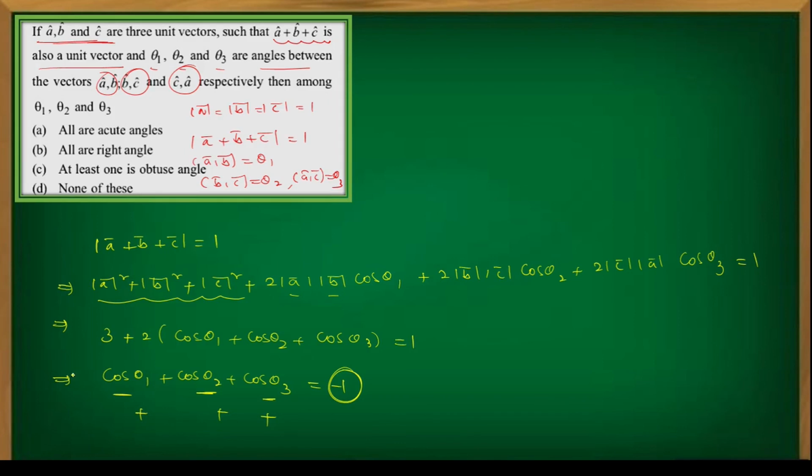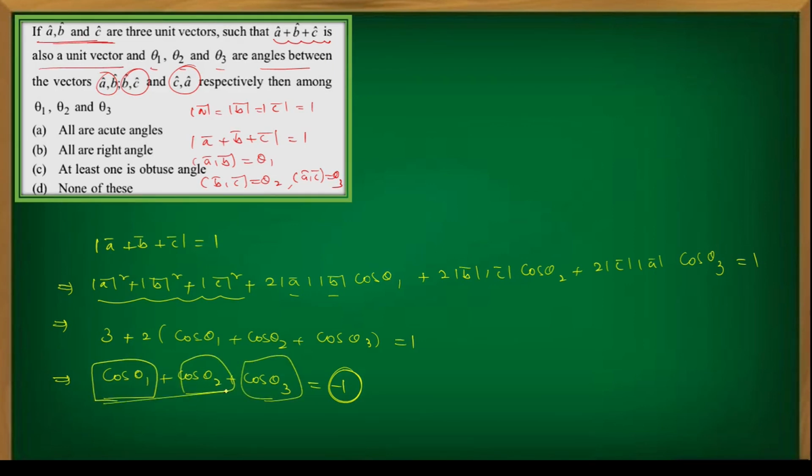You will get a positive value. If 2 are positive, 1 is 0, you will get positive value. If 1 is positive or zeros, then you will get positive. But we don't have the result positive here. We have negative. Means at least one of them must be negative. At least one of them, either cos theta 1 or cos theta 2, must be negative.